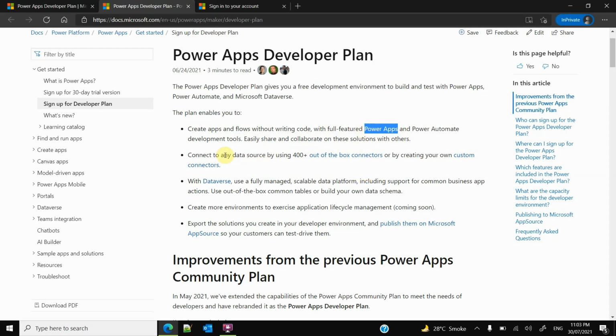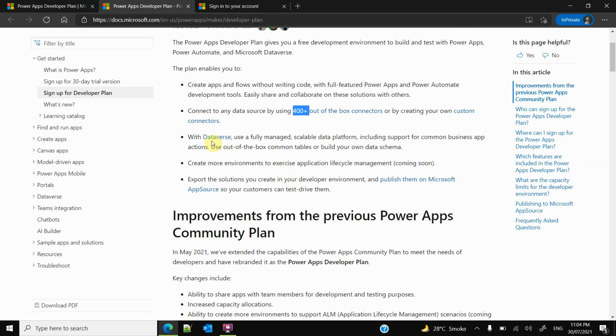Then on the second point you can see that 400 plus out of the box connectors are available, or you can create your own connectors as well, custom connectors. So this is also available in developer plan. And Dataverse, which is a full-fledged scalable data platform, so that is also included, where you can use some common tables which are out of the box, or you can build your own data schema, means tables and their relationships,